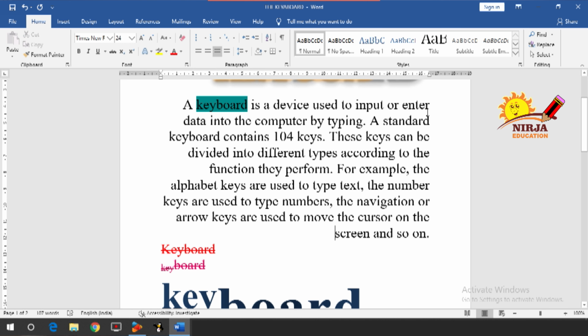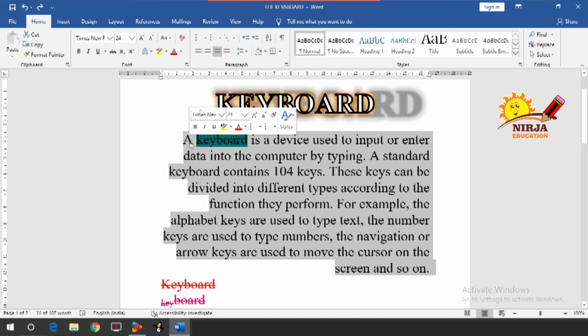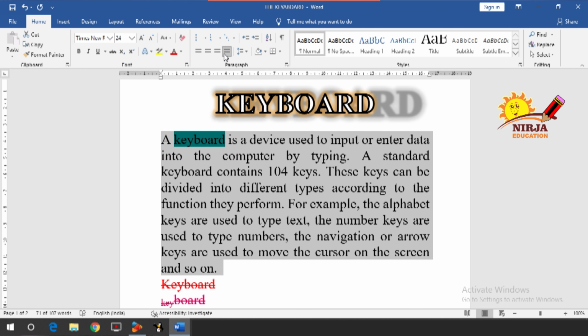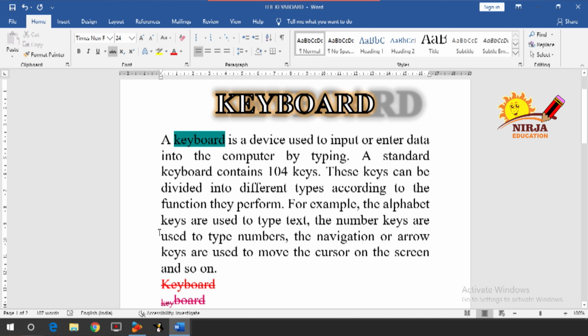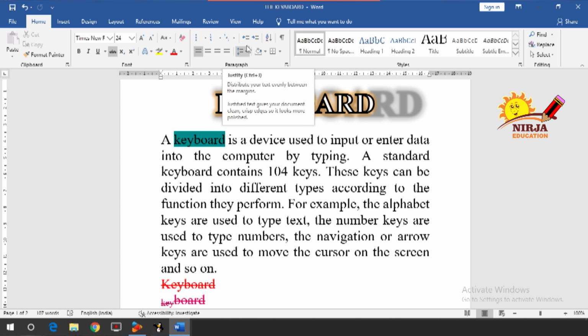And from here, as you can see, it is in the straight line, isn't it? Then select the paragraph and go for the justify margin. So as you can see on the screen, it has given the equal space on the left margin and the right margin. So this was about your margins.